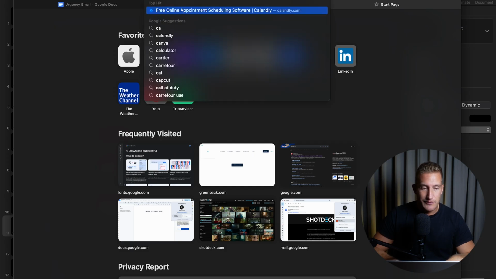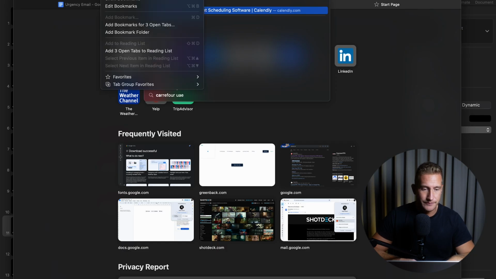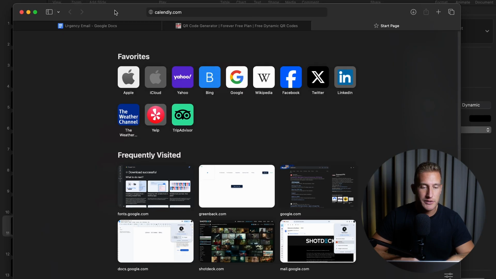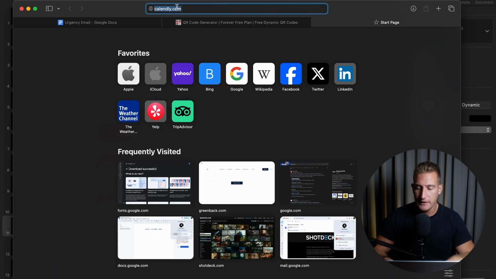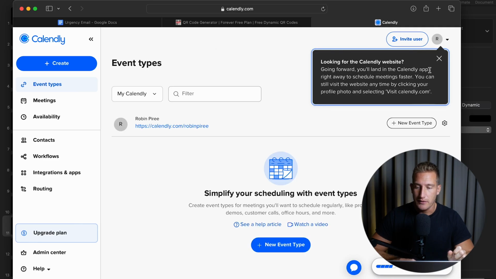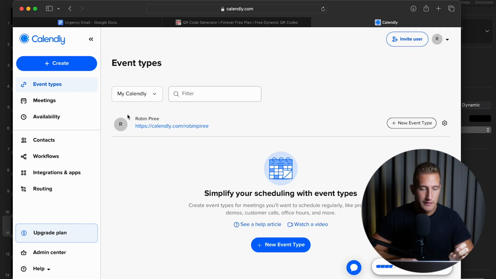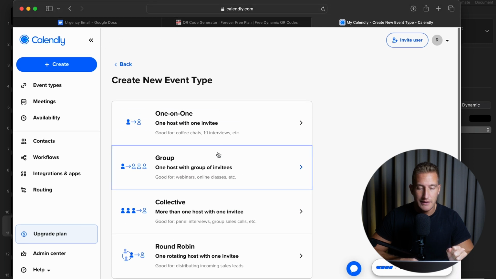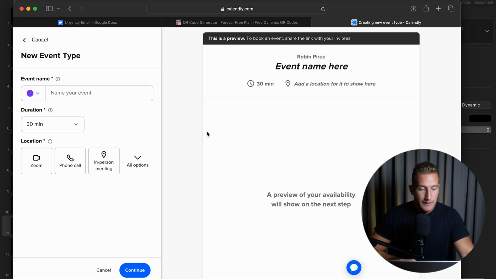Now, Calendly is a free software. You can also get a paid version. So calendly.com. You go there and you can create a free account, which I have already done here. And then you can create here, or this is my Calendly link, create a new type of event, and then you can choose all kinds of meetings that you can set up. 30-minute call, so that would be a treatment call, 30 minutes.